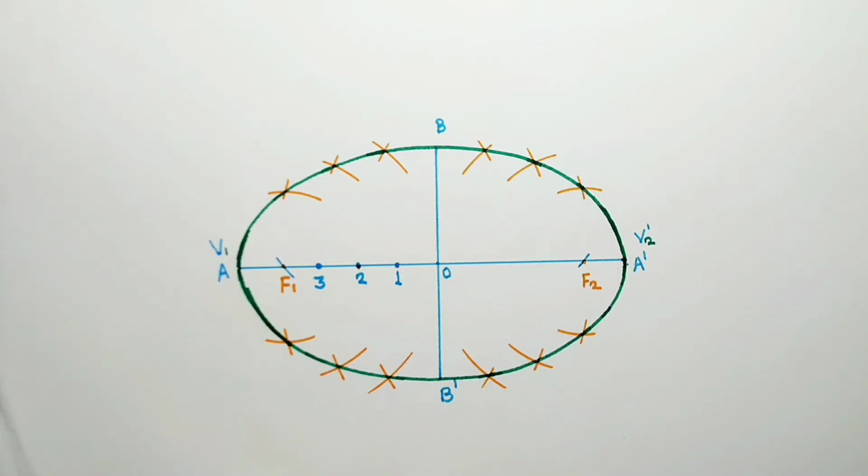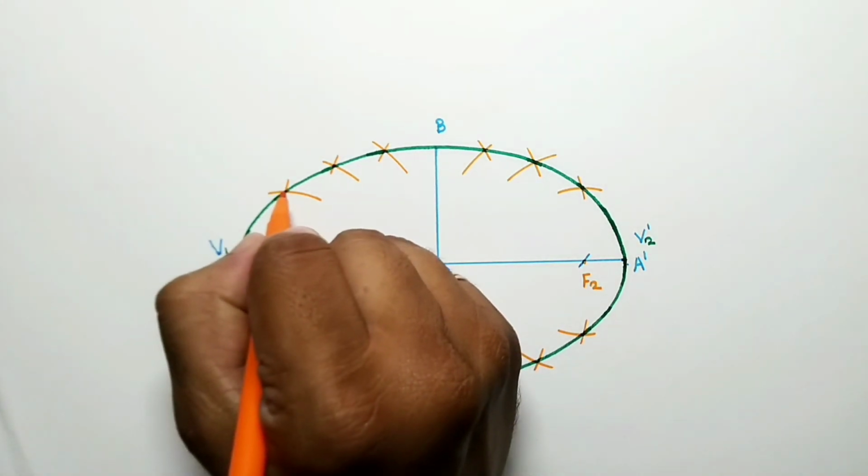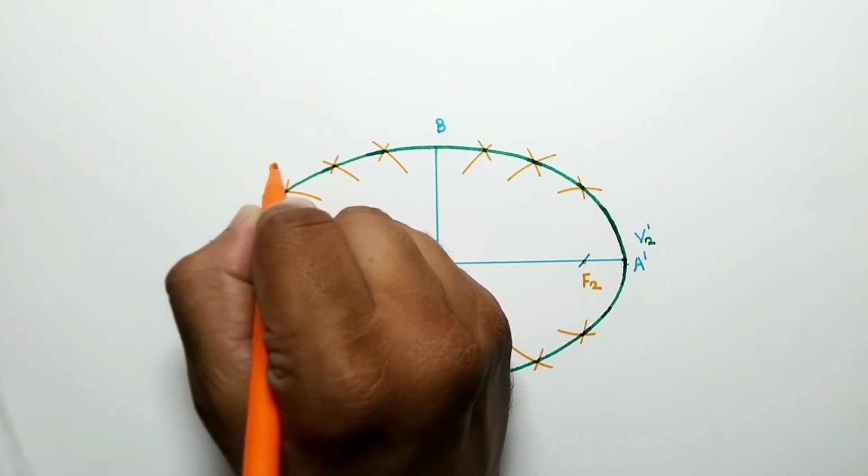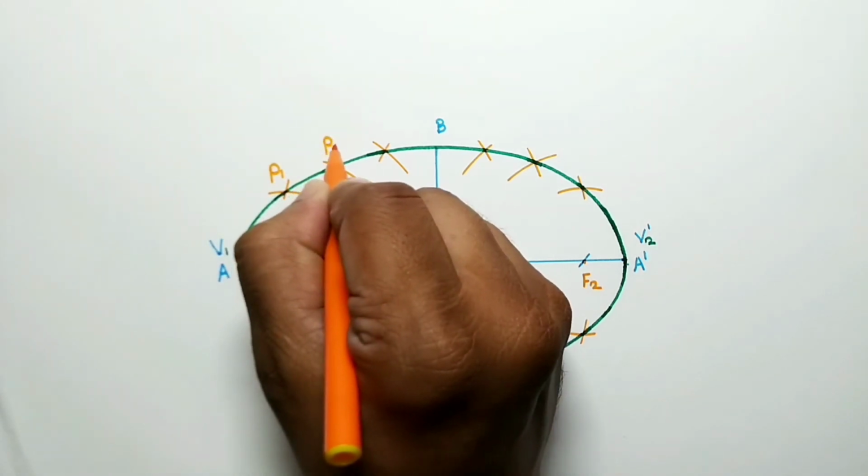This is the ellipse by the arc of circle method. Name all the points P1, P2,